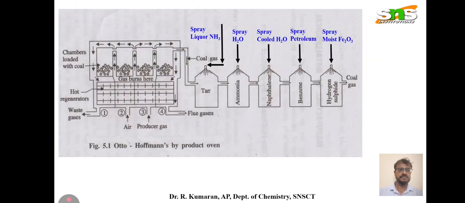So this is the setup of Otto-Hoffmann's byproduct oven. Initially the chambers have coal material, and air and producer gas are supplied inside the hot regenerators. The hot regenerators supply an equal amount of heat homogeneously by dissipating the heat equally. That is their role, and the heat is supplied to the chambers which are loaded with the starting bituminous coal material,